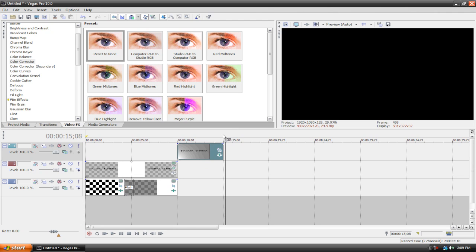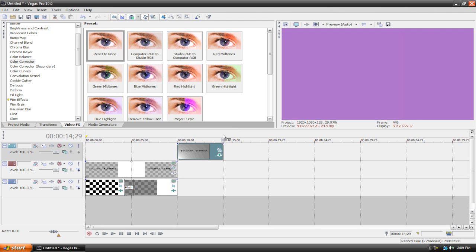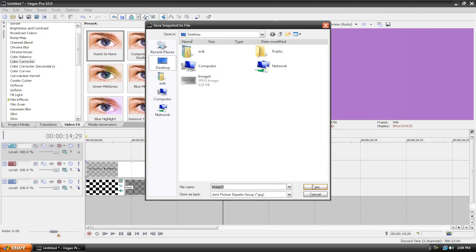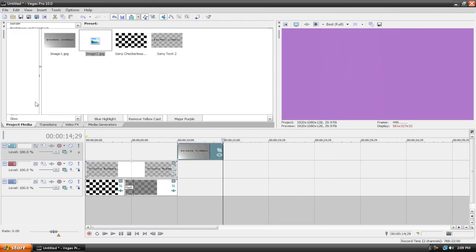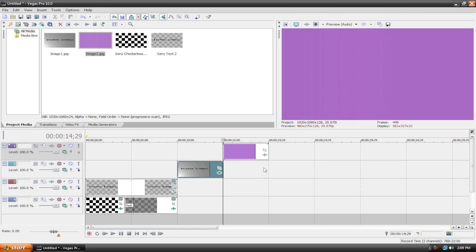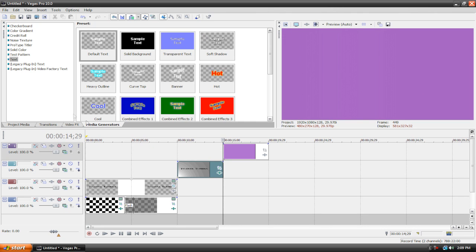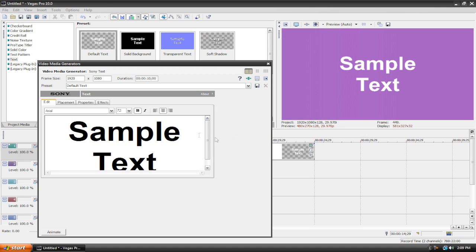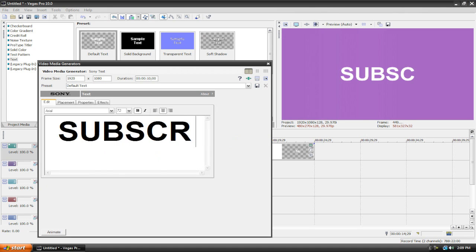And why not just add one more thing to make this interesting. So let's create another save snapshot to file, and of course it'll automatically import it, and then put it on its own video track. And now we have this nice looking purple color. And then of course let's get some text, and I'm just going to get my default text, and I'm going to say subscribe,